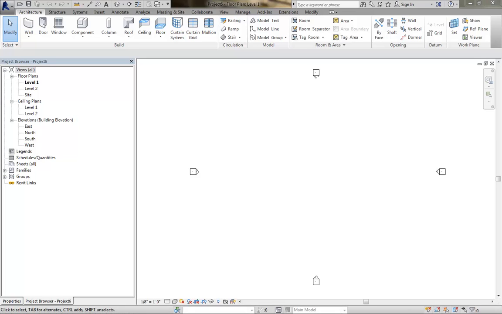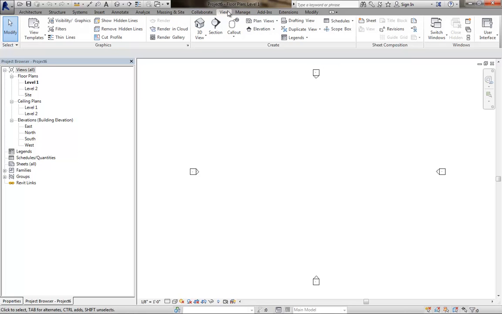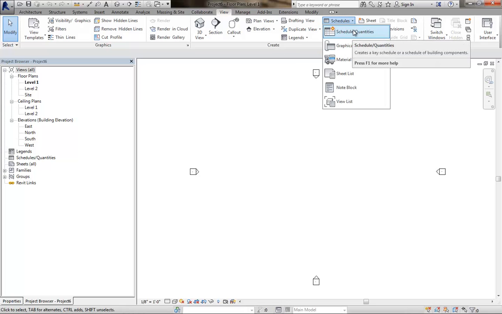Okay, so how to create a key schedule in Revit for general notes. That's what we're going to be talking about here. Pretty easy to do. Simply go to the View tab, and then in the Schedules pull down, select the Schedules